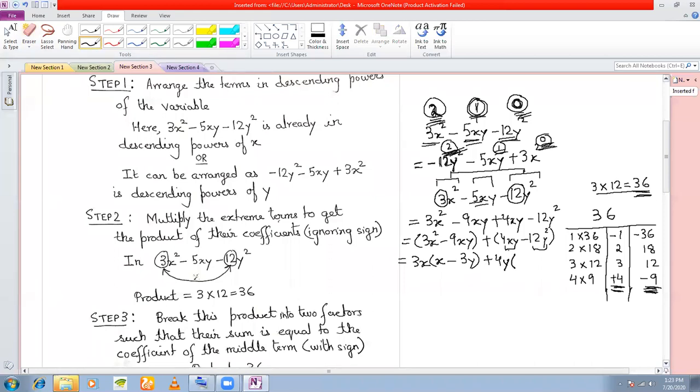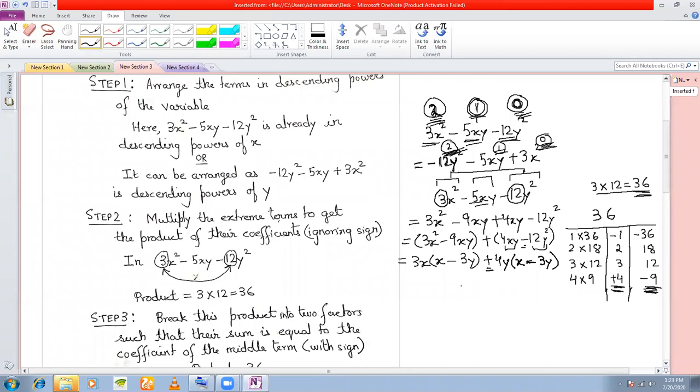If you're taking out 4y from 4xy, you're only left with x minus, because you have kept a plus sign outside. This sign won't change. This will remain minus. So you have x minus. And if I'm taking out 4y from 12y square, I'm only left with 3y. Is this step clear or not? Because if you have not done grouping, this step won't be clear.